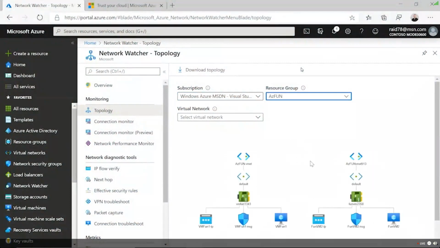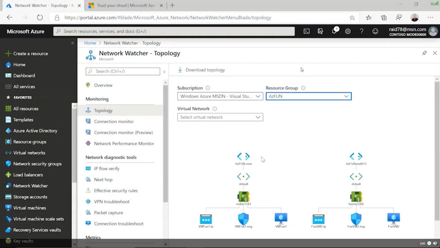It automatically diagrams my virtual networks that are in that group. And by the way, all those icons are live links. So now I've just diagrammed it. You can download it, throw it in your PowerPoint. I'll tell your bosses it took you all day to do that, okay? So it's there, but it's easy to do. So we have that built into Azure. Learn how to use topology, see what's out there.